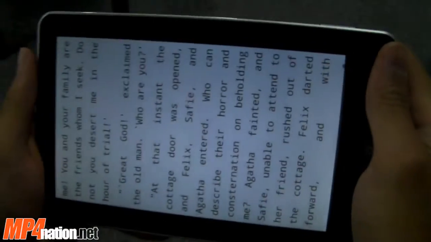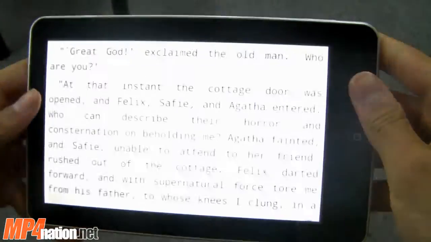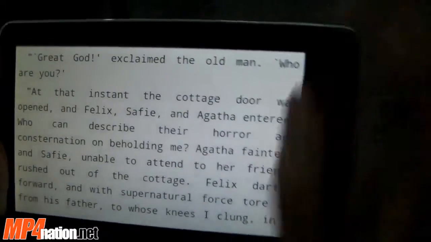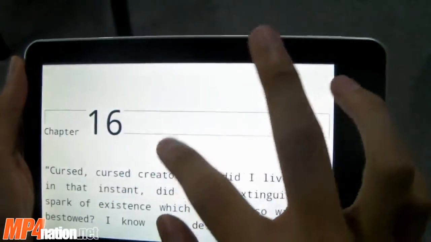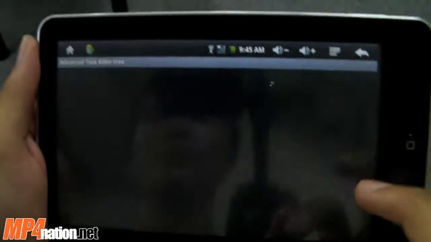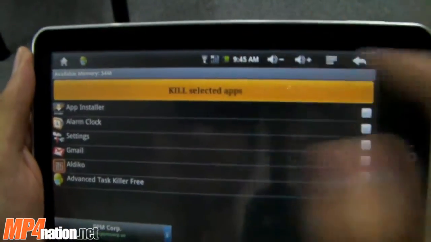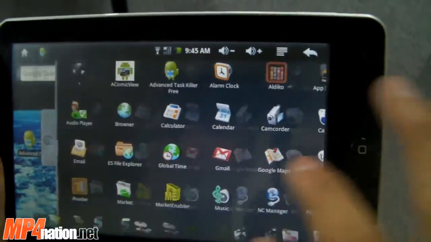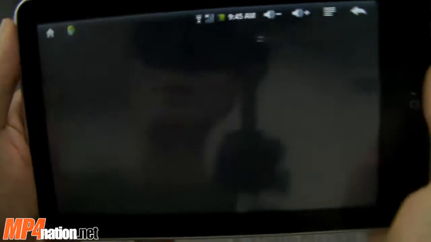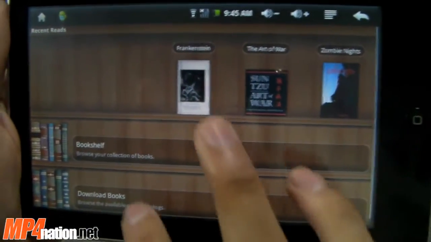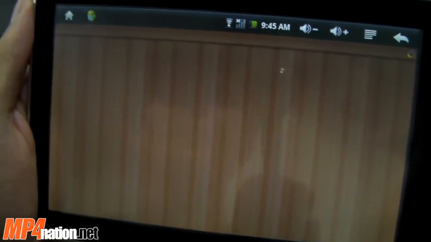Now on our device, this RK2808 generic MID, we don't actually have a back button. So once you've entered an ebook, if you want to go and read another, you actually have to exit the application, kill the process, and then reload it, which can be a bit of a pain, but on devices with a back button this will be no problem. If we go to the download books database,